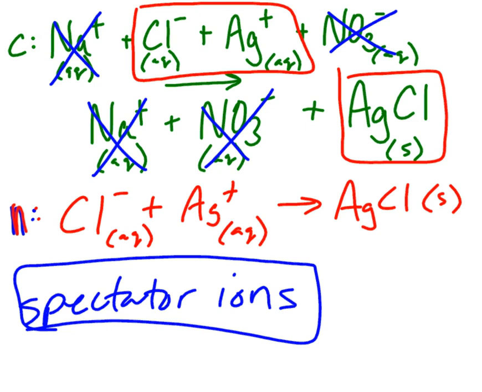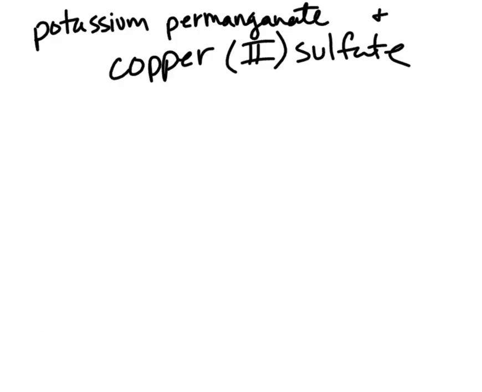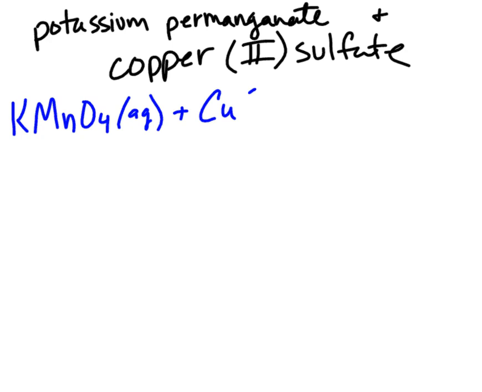Okay, so we'll do one more example. We have potassium permanganate and copper 2 sulfate. Both of these are aqueous. So if I was to write out my molecular equation, I would have potassium permanganate, which is aqueous, plus my copper 2 sulfate. Sulfate's a negative 2 charge. That's also aqueous. And the product that's going to form is, remember, I'm just going to switch the